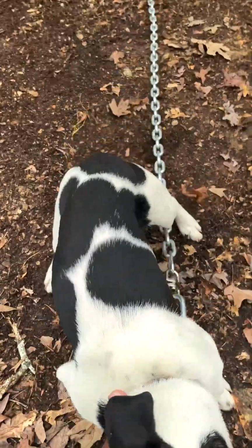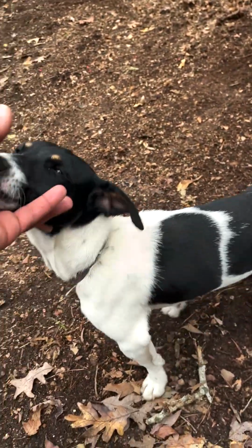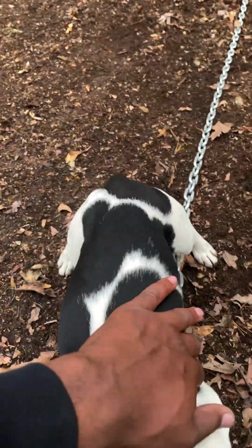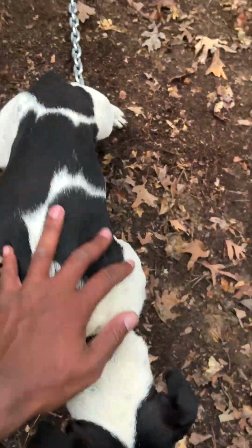That old Keno here, still trying to make a dog out of him. I like him as a dog, but I don't know about him as a hunting dog yet. We'll see. I ain't gonna lose hope in him just yet, but he is probably going to stay down here